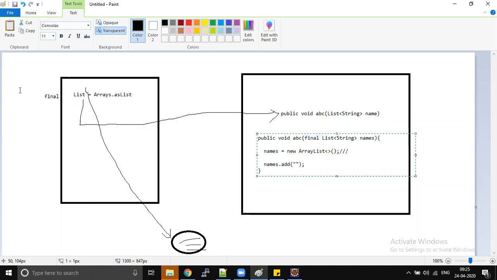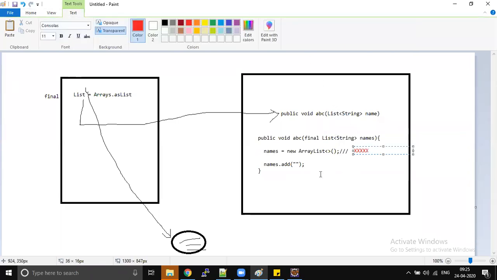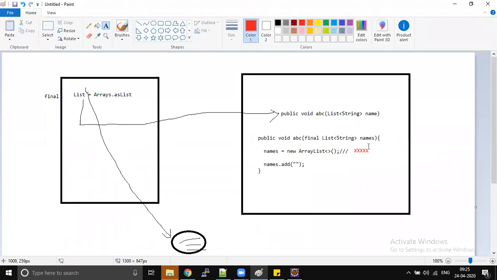The compiler will show an error. That is what I am talking about with respect to final. Where you don't want this kind of feature, don't mark it as final. When it is final, the entire object cannot be modified, but the underlying data can be modified. Inside the variable, if you have some other property, name or something else, that can be modified, but the complete object cannot be modified.